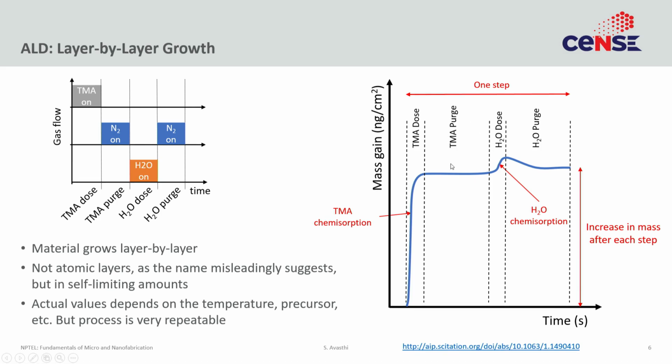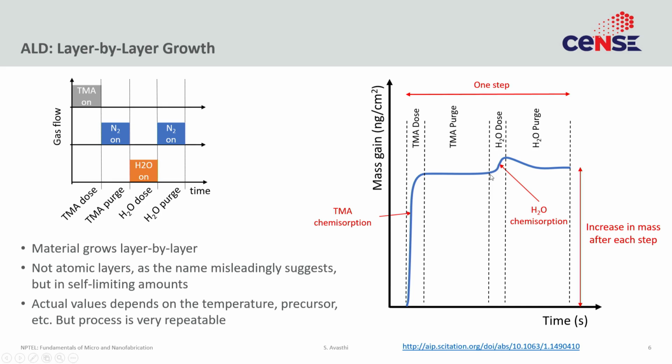During the purge cycle, nitrogen flows, and all the excess TMA gets removed. But because this is a chemisorption process, you don't actually remove the TMA that is chemisorbed on the surface. Think of chemisorption as an irreversible adsorption. So material can come in and do a chemical interaction, but does not have enough energy to get out in the time scales that we are dealing with here. So the TMA adsorbed on the surface does not go away during this nitrogen flow, the mass does not change, it remains flat. You give some time for the rest of the chamber to clean, and then you introduce water.